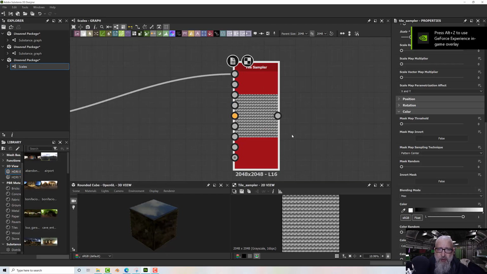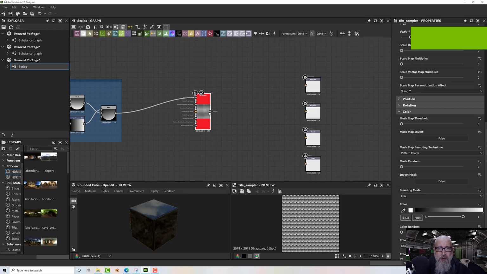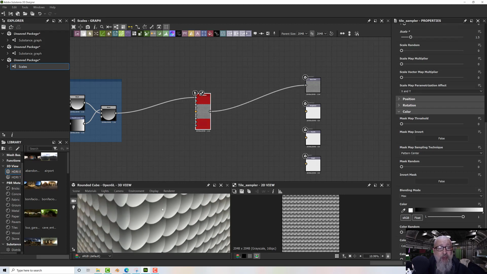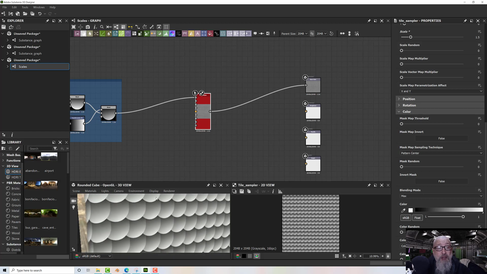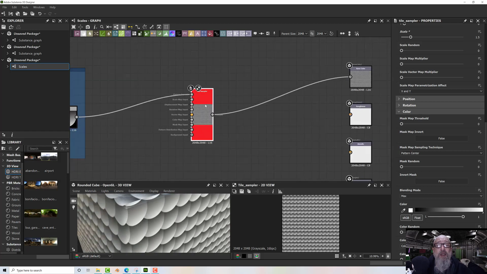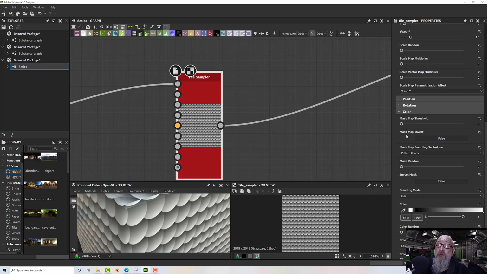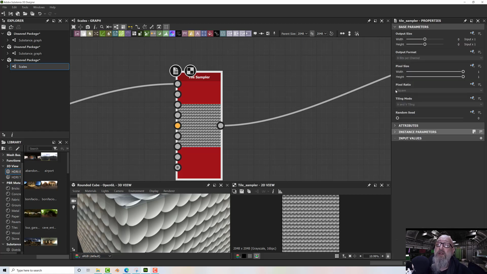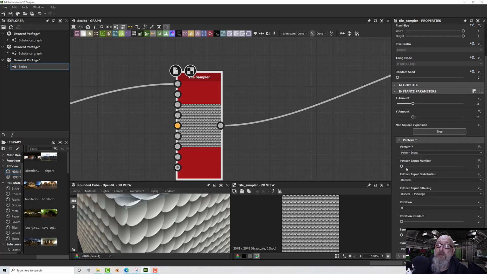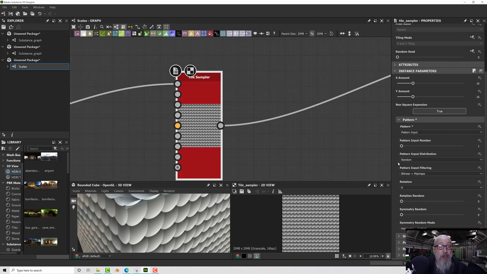Okay, so before I fiddle with that sampler, I'm going to plug that into the base color channel and we'll see what we get. And yeah, it's looking pretty good. Let's leave it as it is for the moment. On the tile generator, we can put all sorts of bits and bobs in it in terms of randomness. If I close up all these, in pattern for example, we could create a second pattern